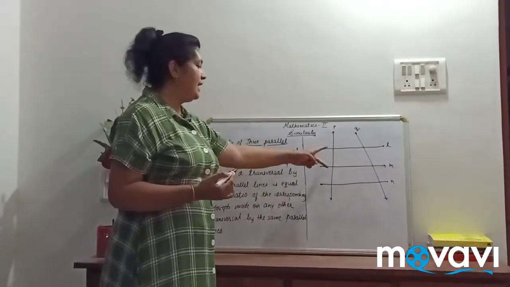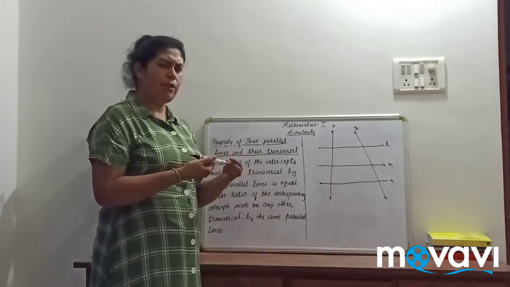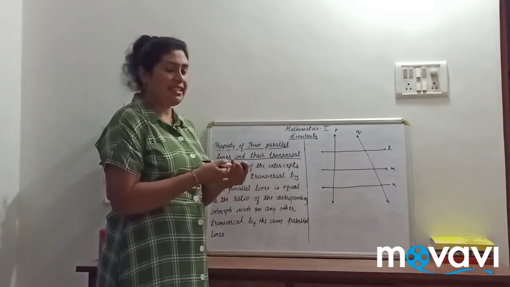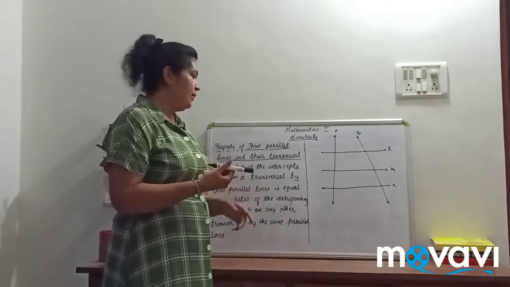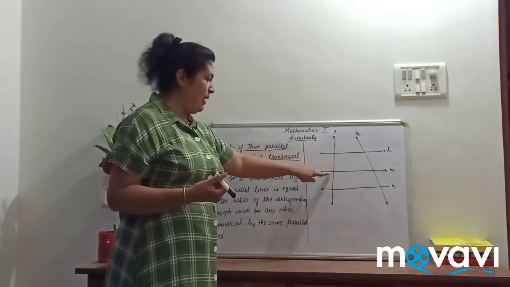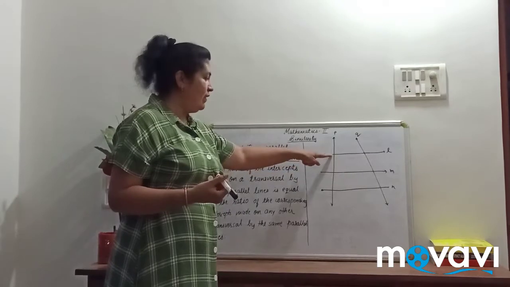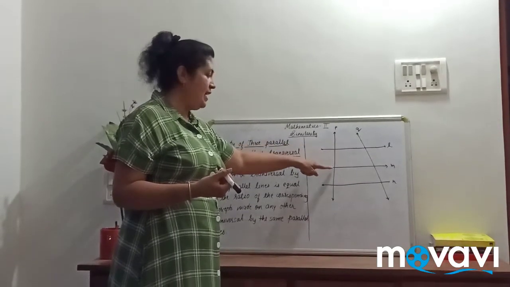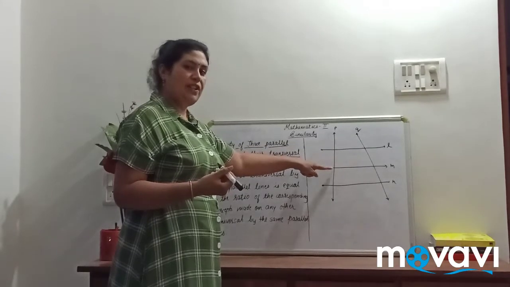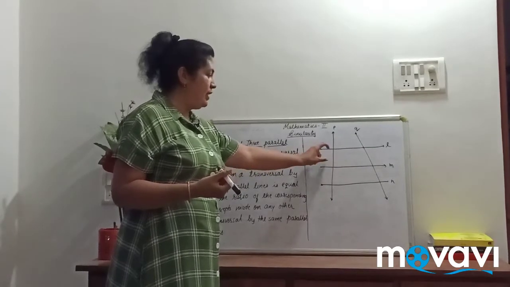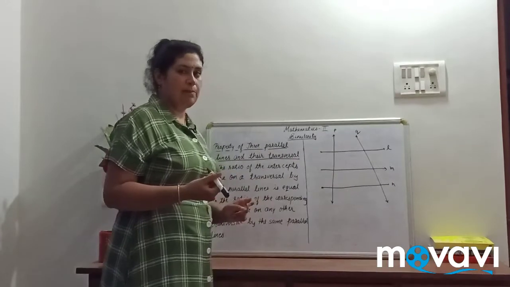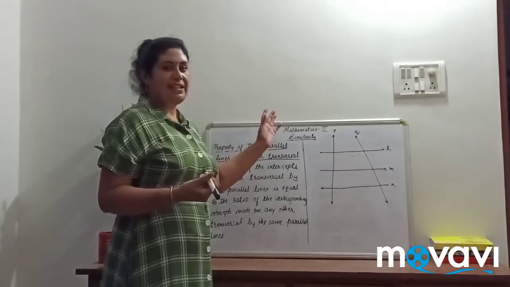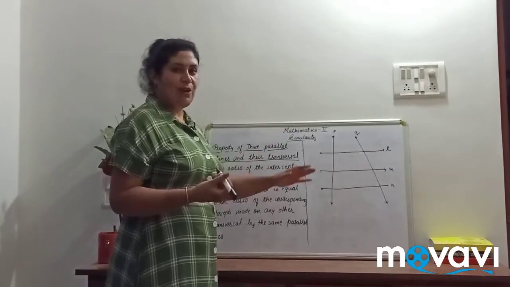Now you can see that there are intercepts made. I hope you remember what is called an intercept. You have studied it in 8th standard. What is an intercept? This portion, this segment, which has been formed by the transversal intersecting the first line and then intersecting the second line at the second point, this portion is called an intercept. I hope you remember this. If not, I am not going to go back to 8th standard and tell you again what it means.